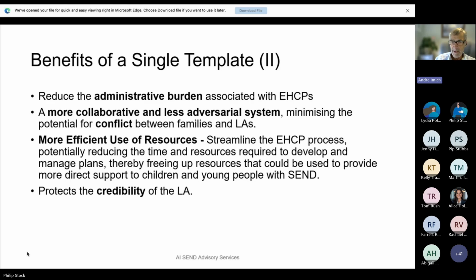And I do think that point you're making, Sally, about ordinarily available provision, I do think that any guidance attached to a single template does need to spell out how much an EHC plan should include ordinarily available provision or not include ordinarily available provision. An EHC plan is intended to describe provision that is not normally available. So I think those sort of clarities in both the way that the template is produced and the way that any associated guidance is produced would be helpful